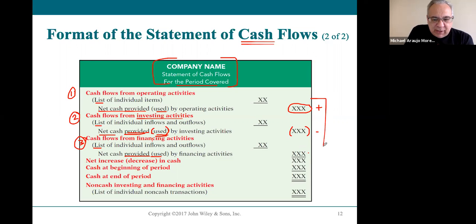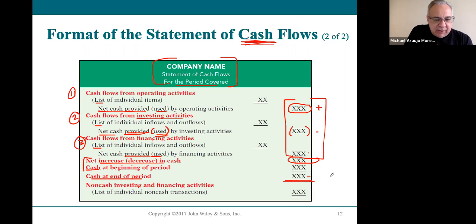When you add all these three numbers together, that gives you the total increase or decrease in cash, because all this statement does is follow cash. That's it, follow cash flow. Whether cash increased or decreased depends on the sum of all of these numbers put together. So you have a cash balance at the beginning of the period. You either add the increase or subtract the decrease,